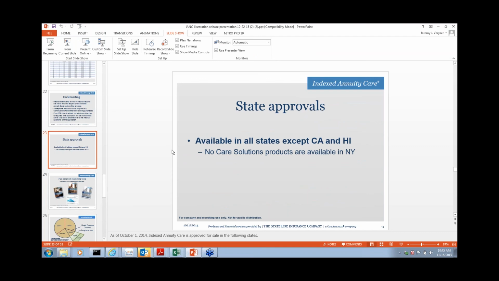Now, that being said, just a good note, if you happen to have clients in New York or California or Hawaii, or any other state for that matter, the One America stance is that back in the day, you used to be able to just cross a state line and sign the paper. We can't allow that anymore. They've kind of tightened on us on that. But what we can allow for is if I live in New York, for example, but I have a summer home in New Jersey, right? As long as I have a physical address, it doesn't have to be where I pay my taxes, and it doesn't have to be my primary residency, but as long as I have a physical residence in another state, I can write this on that state's paper, assuming the agent, of course, is licensed properly to write in that state,